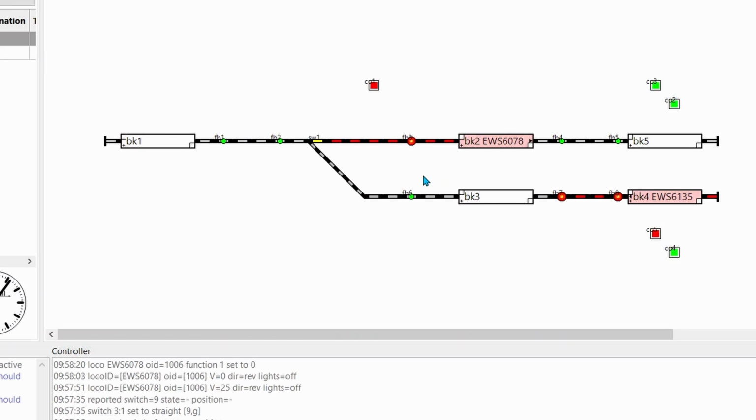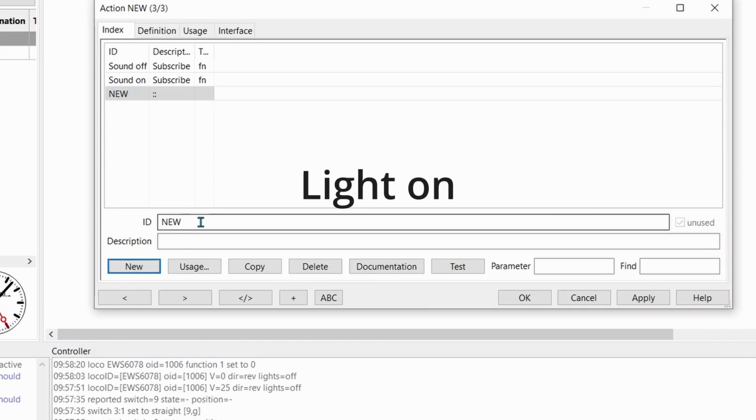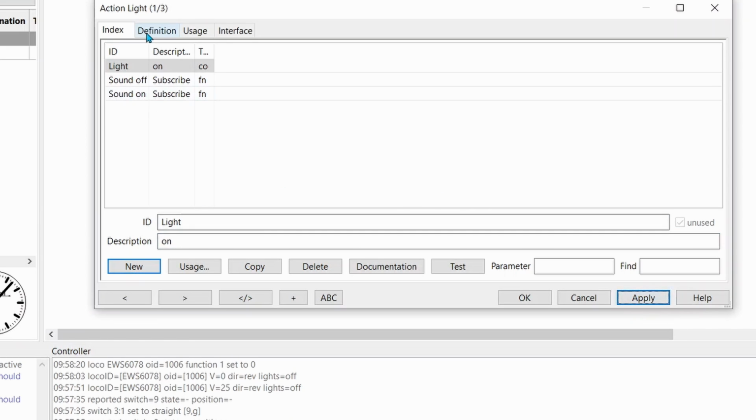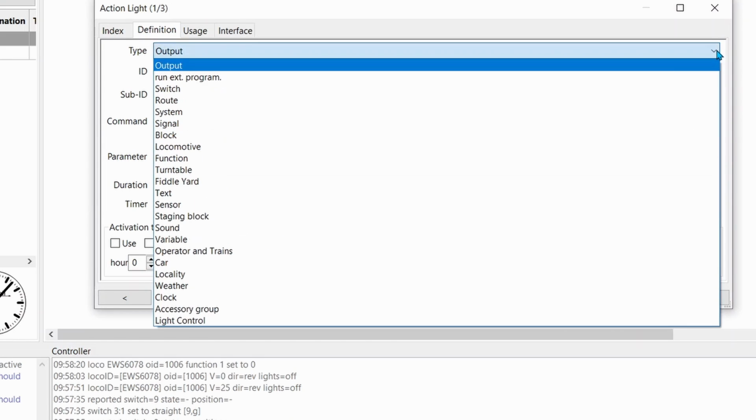Now we need to set up the light. Alt F3, so make a new one, and the ID we'll call it light. Description we'll call it on. Apply, then we define it. So it's a function.